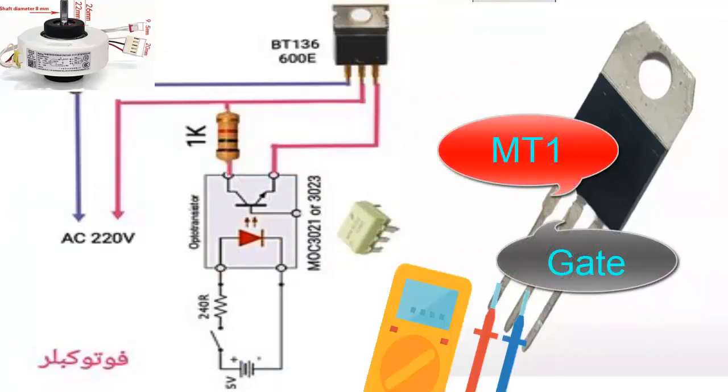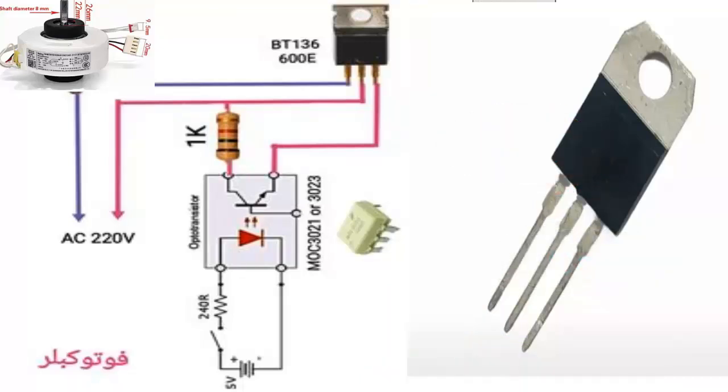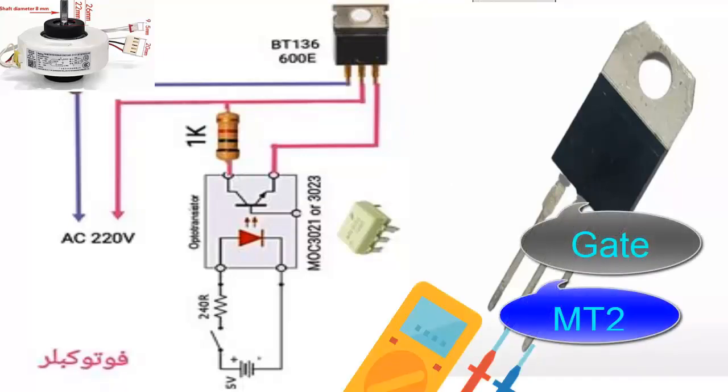G. Move the multimeter probes. Now measure the resistance between the gate terminal and the MT1 terminal. It should show a non-infinite resistance value, because there must be continuity. H. Move the multimeter probes. Now measure the resistance between the gate terminal and the MT2 terminal. It should show an infinite resistance value because there should be